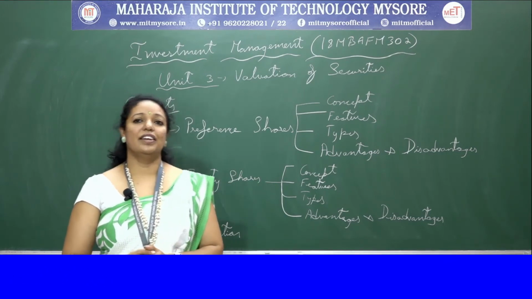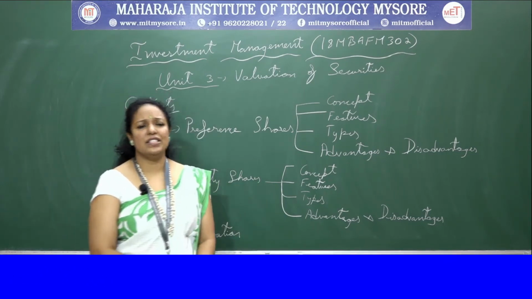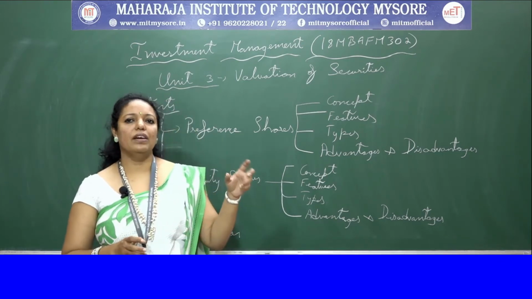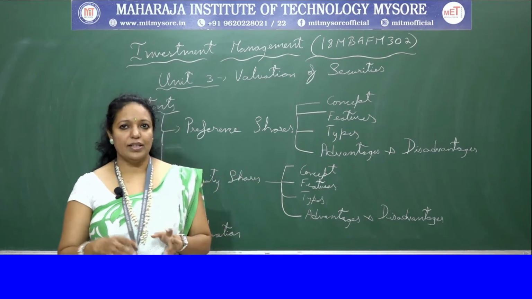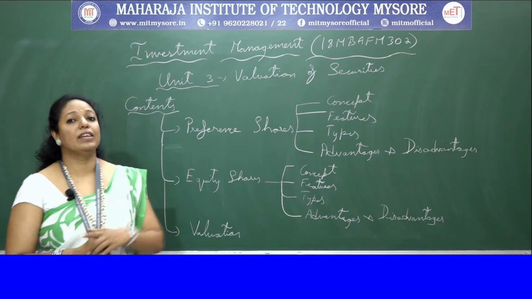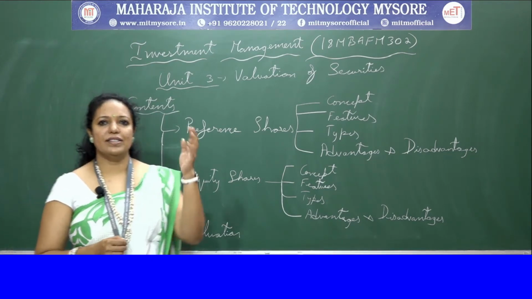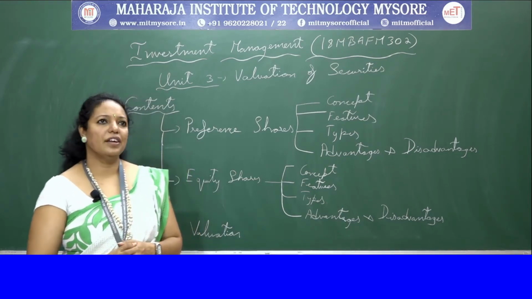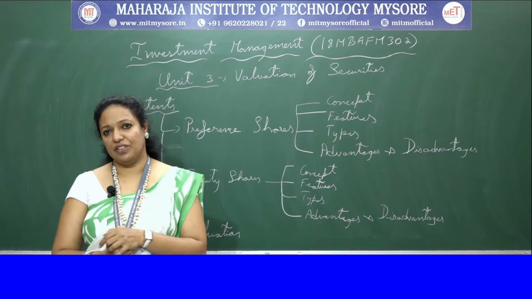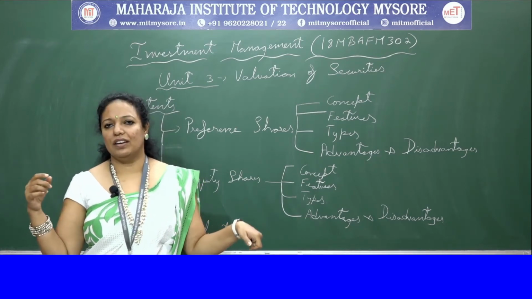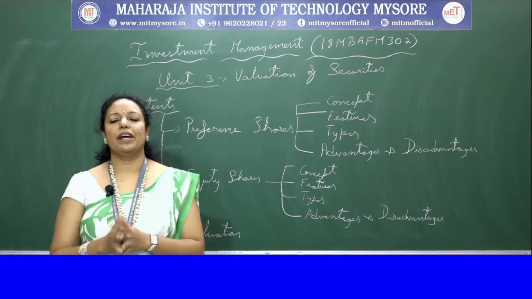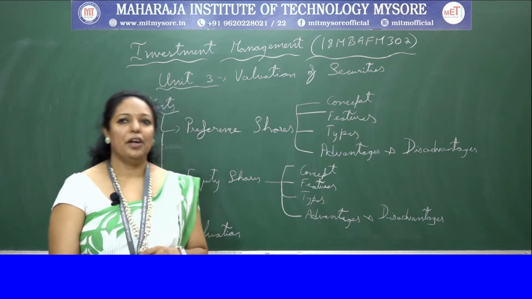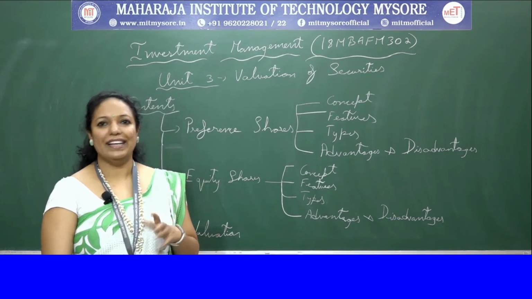This is an advantage for the company, and the disadvantage is that it will decrease the rate of return. For example, earlier it was divided among only 10,000 shares. Now it has to be divided among 11,000. So your rate of return will decrease, and it will have an impact on the market price of the share. When the rate of return decreases, the market price will also be affected. This will also impact the earning per share, because earning per share will decrease.